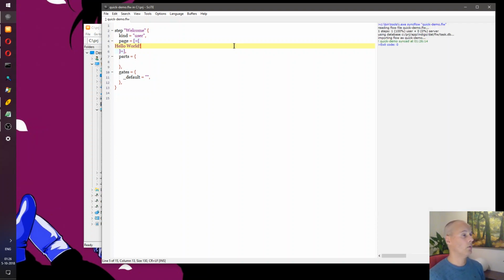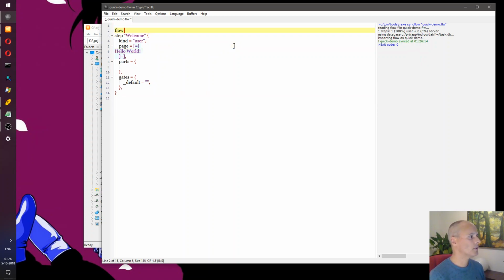So this is a flow with exactly one step, and it's actually almost ready to run. Because it's a web application, I need to provide a page template.